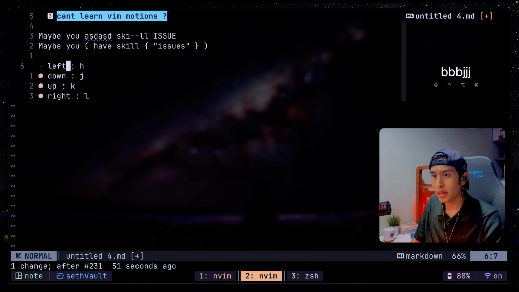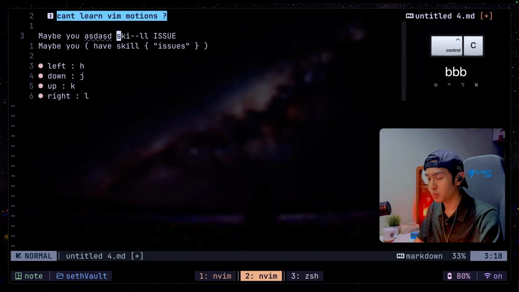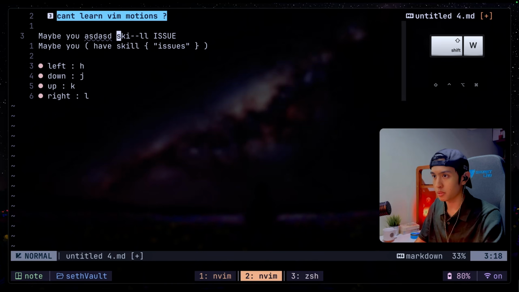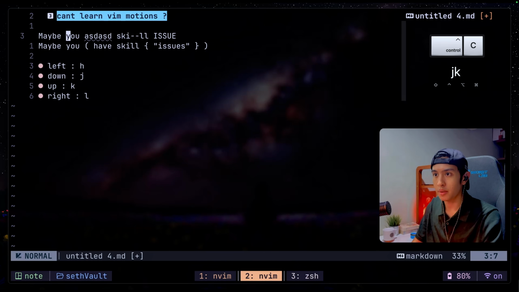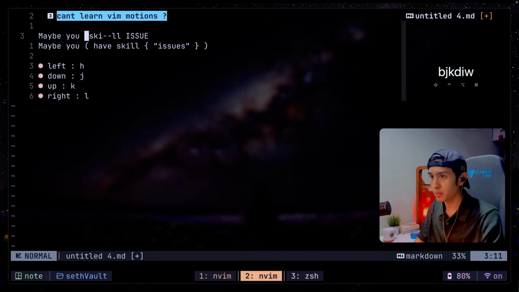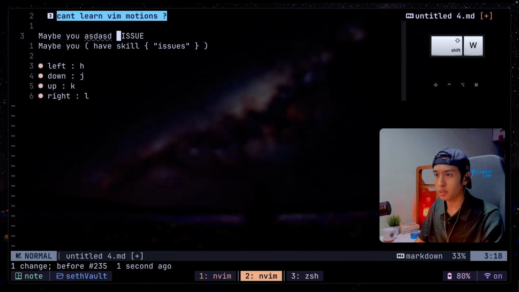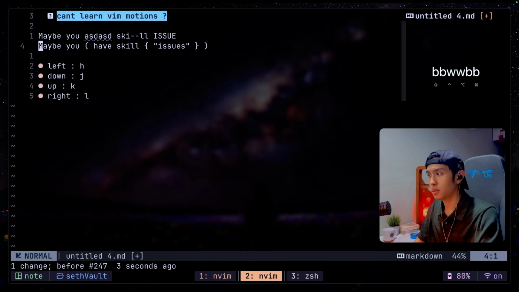The same thing for yanking as well. You can yank like a single word by just doing YIW. And if it contains weird symbol, then YI capital W, right? YIW, YI capital W doesn't make a difference if it doesn't have any weird symbols. Deleting also works with 3-character combinations. So you could do something like DIW or DI capital W, and it will also yank that to clipboard. So when you paste it, as you can see,